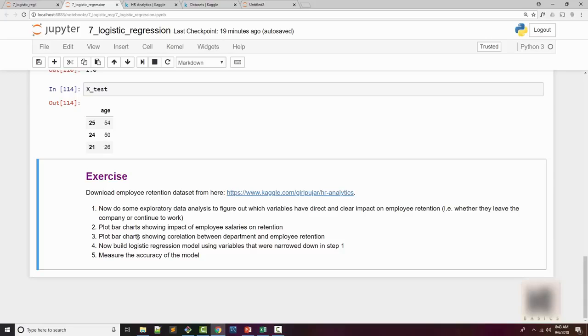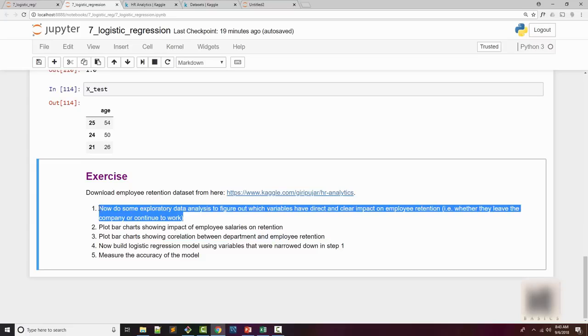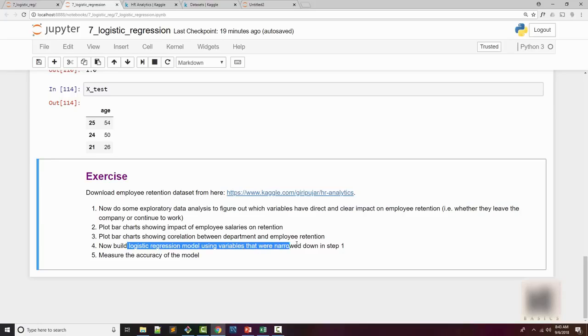Also plot the bar chart showing the impact of department on employee retention. And then using the factors that you figured out in step 1, you will build a logistic regression model. And using the model, you are going to do some prediction. In the end, you will measure the accuracy of the model. Let's do that exercise. In the comments below, let me know your answers.